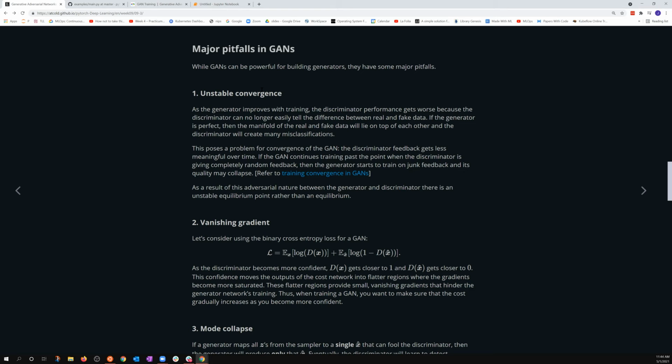It's unable to see the divergence between the x and the x hat, as we have seen. So here the training convergence in GANs,